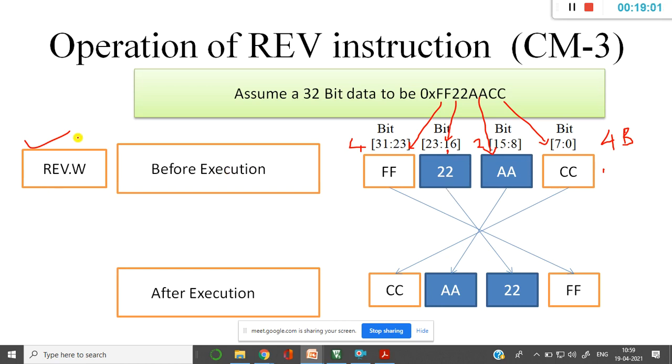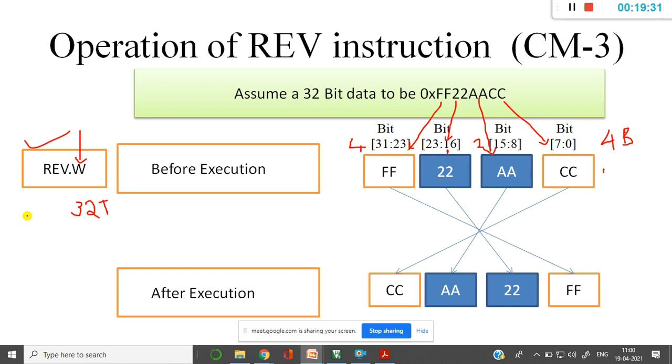REV.W. Okay, one more important point. .W stands for word. In the beginning of the class I told you, this stands for a 32-bit Thumb instruction. If I'm using only REV, by default it is ARM mode, right? There are two modes, ARM mode and Thumb mode.